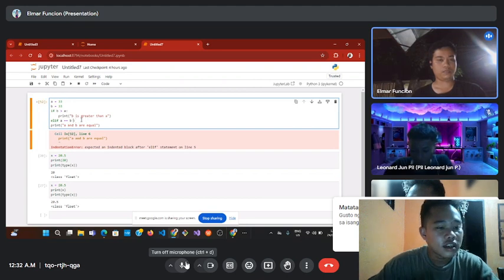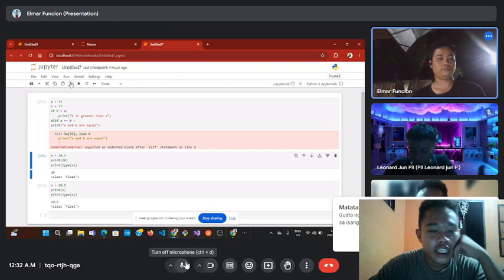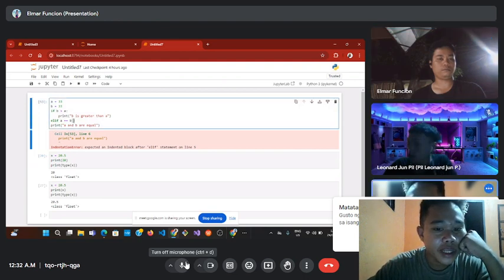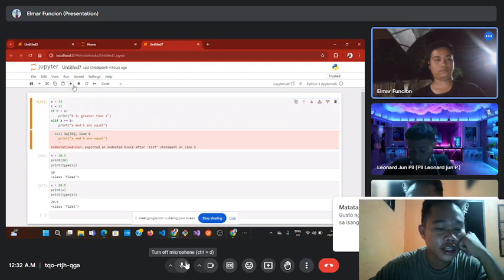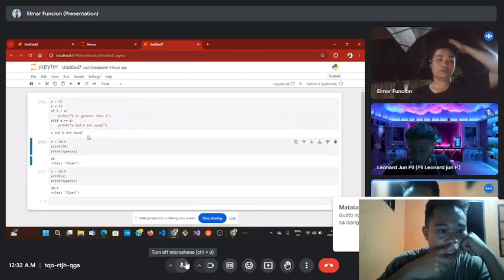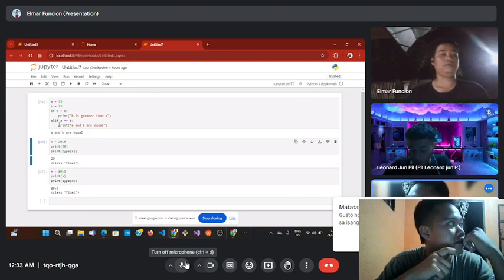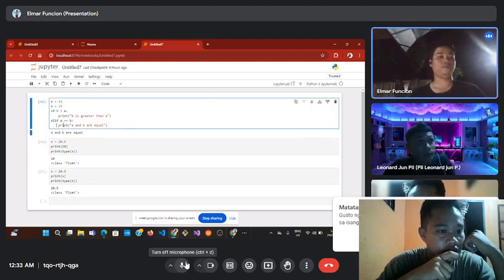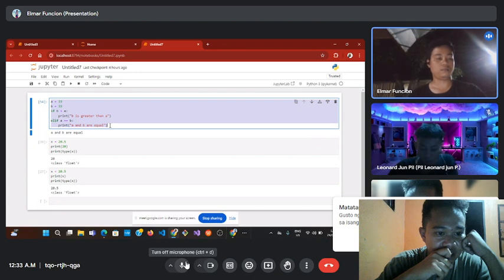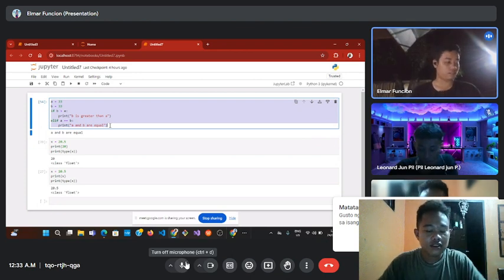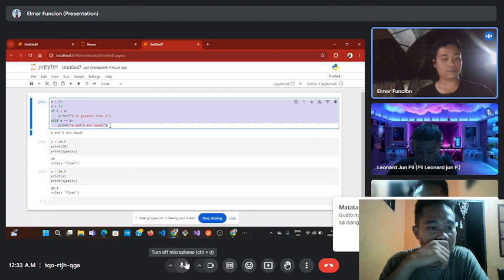It seems like you're trying to compare variables a and b, but you have a syntax error in the elif statement. You should use double equal for equality comparison, not only one. Okay. So that's our elif. So next is for loops.